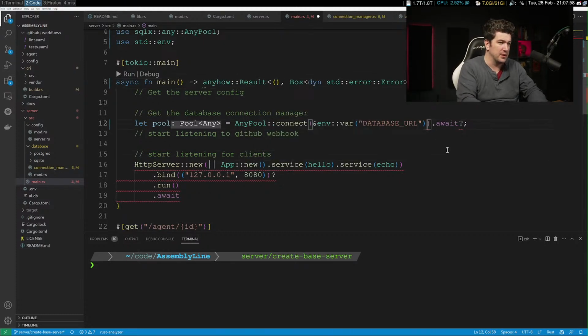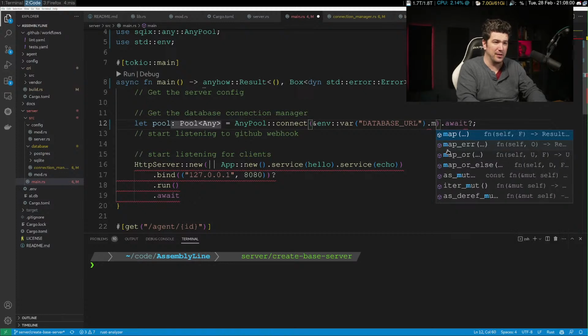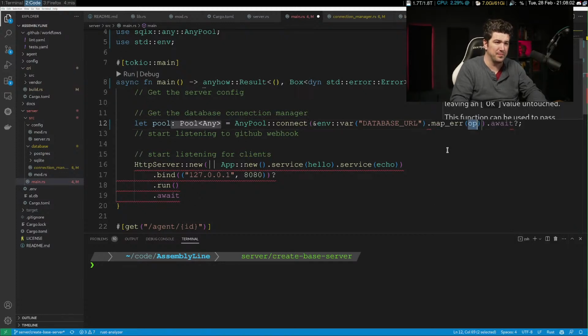All right, so we'll just do this. We'll just do map error. I guess I should just stop trying to understand. It's obviously beyond my abilities to understand tonight.